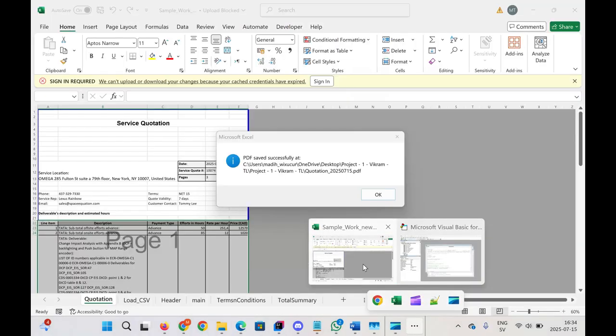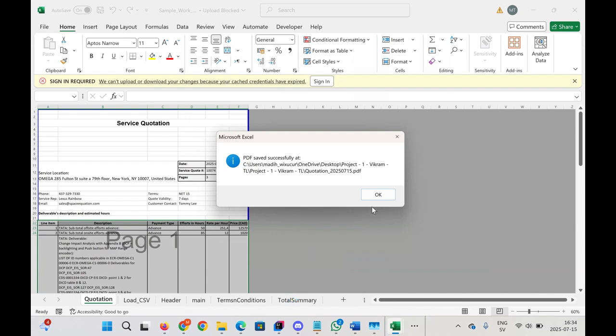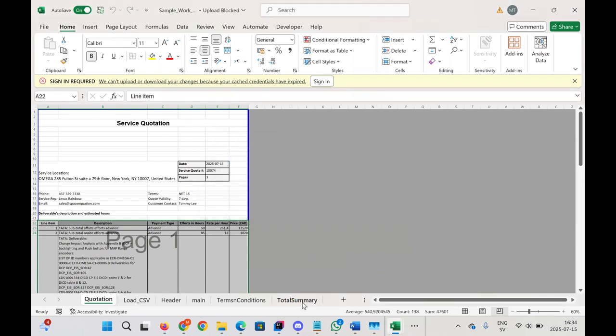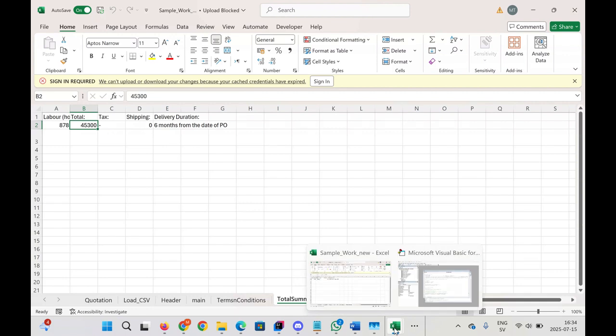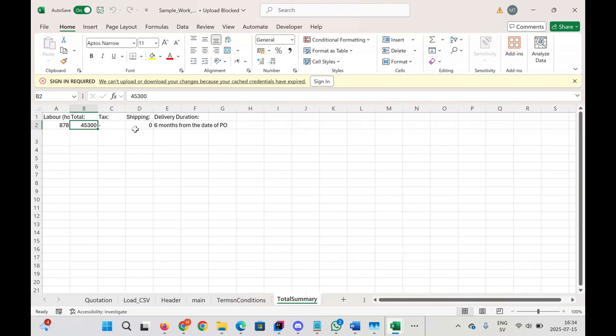Okay, here in the total summary it is generated, so it is showing where it is saved. In the total summary it says total hours. It doesn't tell the hours and then the shipping cost and added everything. So I have calculated it here, so it should work fine if the data is changed. Like if there was a shipping cost of 0 and no tax, but if you add the tax or the shipping cost, the total amount will change.